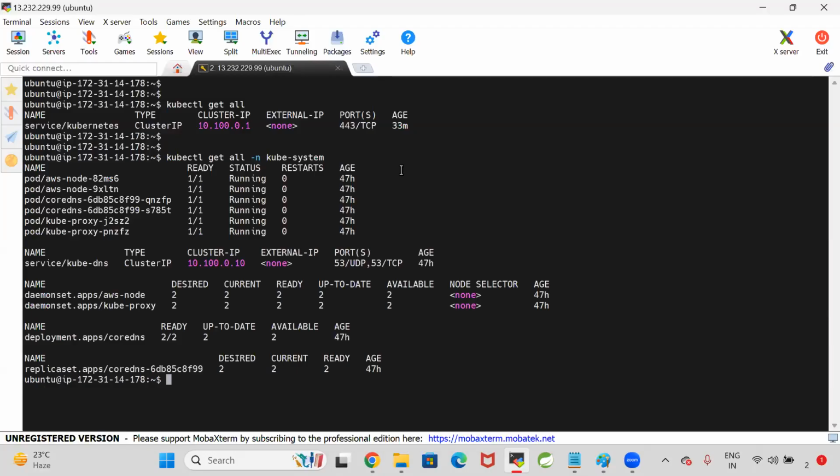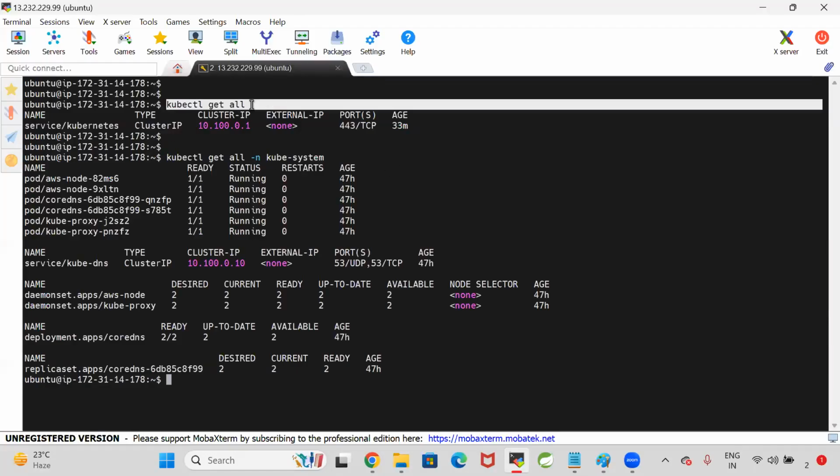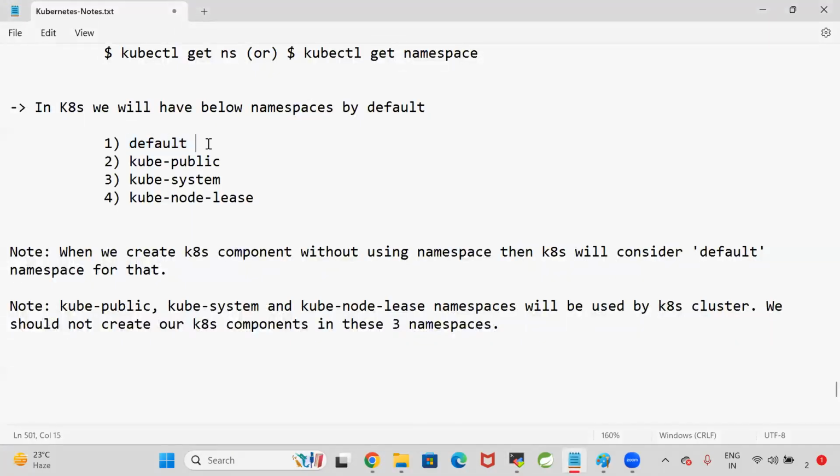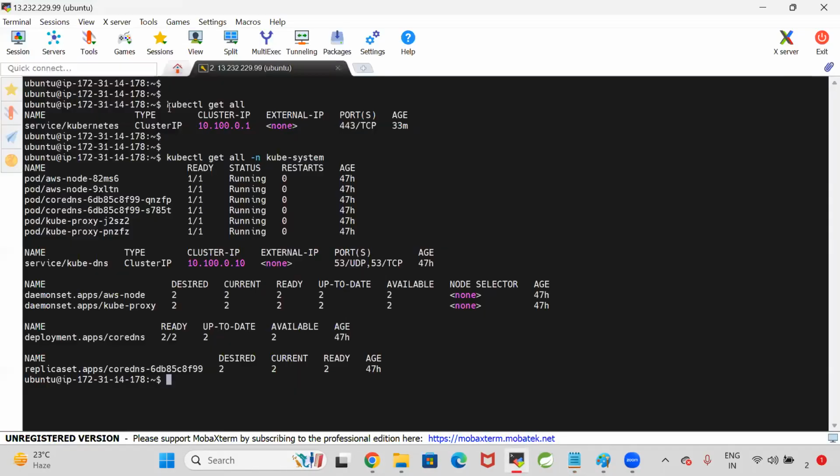what happened now? When I execute kubectl get all, that means it is considering the default namespace. So whatever pods and services are running in the default namespace, it gives when I execute kubectl get all. I want to get all the Kubernetes components which belong to the kube-system namespace. If you want to get information about pods and services running in a particular namespace, then you need to give -n and the namespace. So when I go for kubectl get all -n kube-system, these are the pods